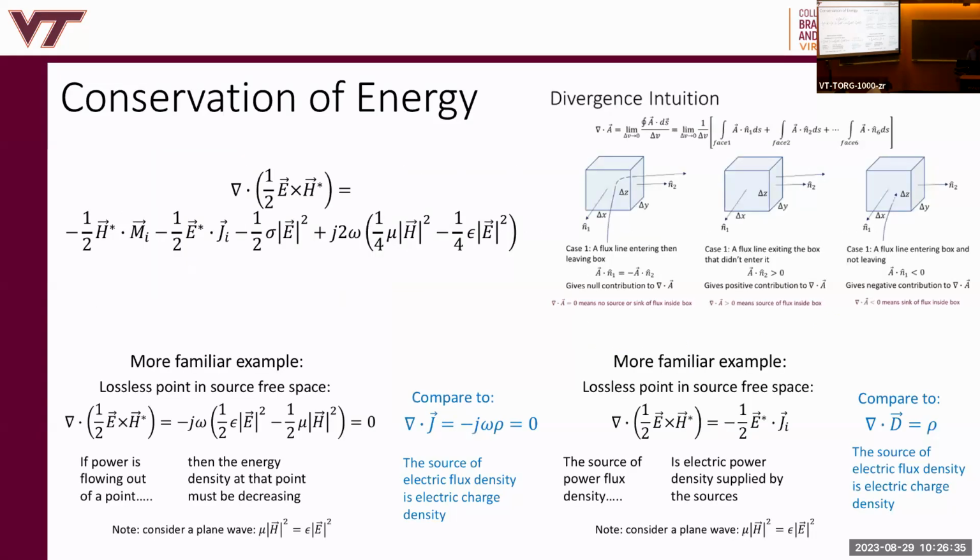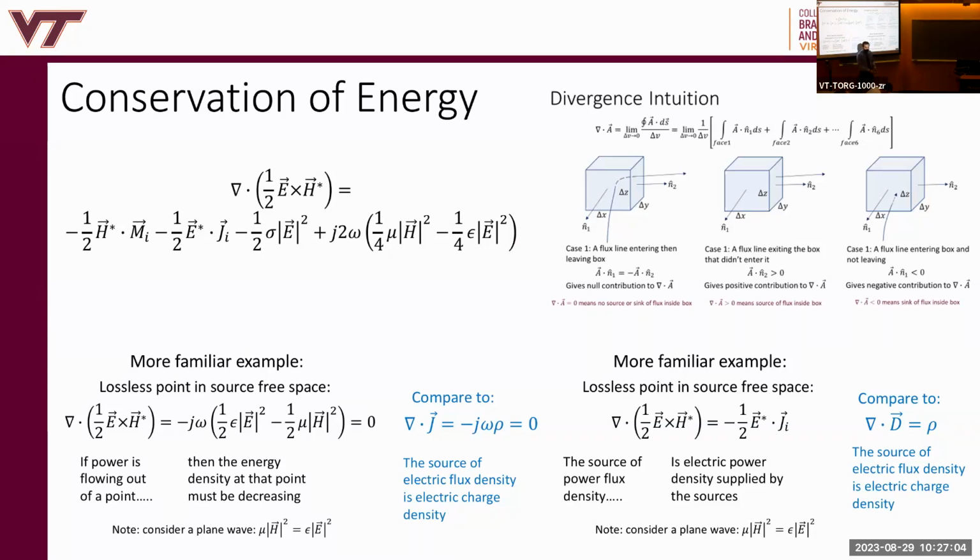Okay, so let's look at the conservation of energy here in a little bit more detail. So here it is again. Now let's make it a little more familiar to ourselves. Let's look at a lossless point in source-free space. Source-free means there's no impressed sources, right? So Ji and Mi are 0. These two terms are out. Then I have, it's a lossless point, right? So sigma is 0. And then I just have the divergence of 1/2 E cross H conjugate is equal to